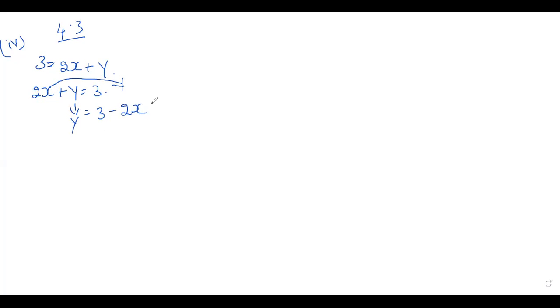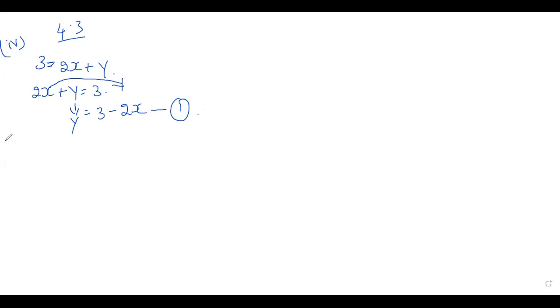We'll see the fourth one. 3 is equal to 2x plus y. Okay, now write the equation for y, children. You can write it as 2x plus y is equal to 3. Just I have interchanged it. Write 3 as it is in the right, y as it is in the left. I'm going to shift this plus 2x to right hand side. It is plus 2x, it becomes minus 2x. So this is the equation for y.